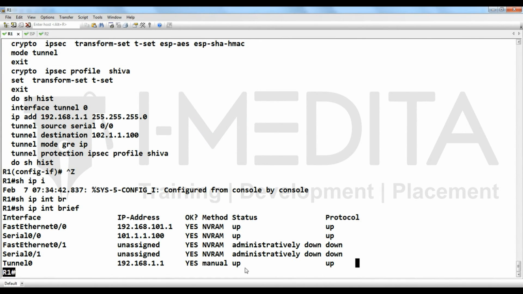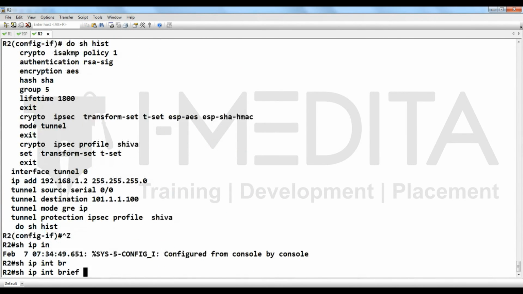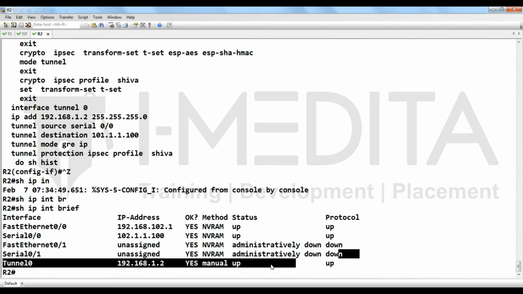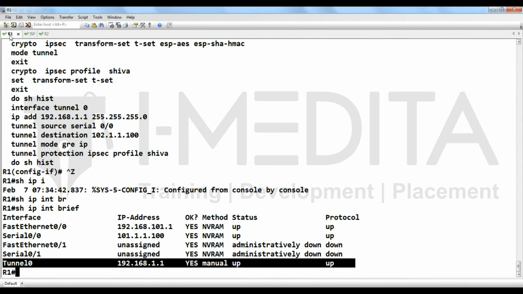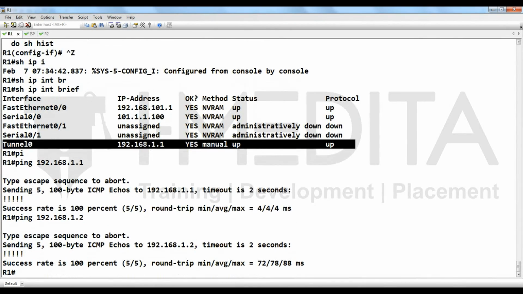It is saying the tunnel status is up on both sides. Check that 1.1 and 1.2 are working.